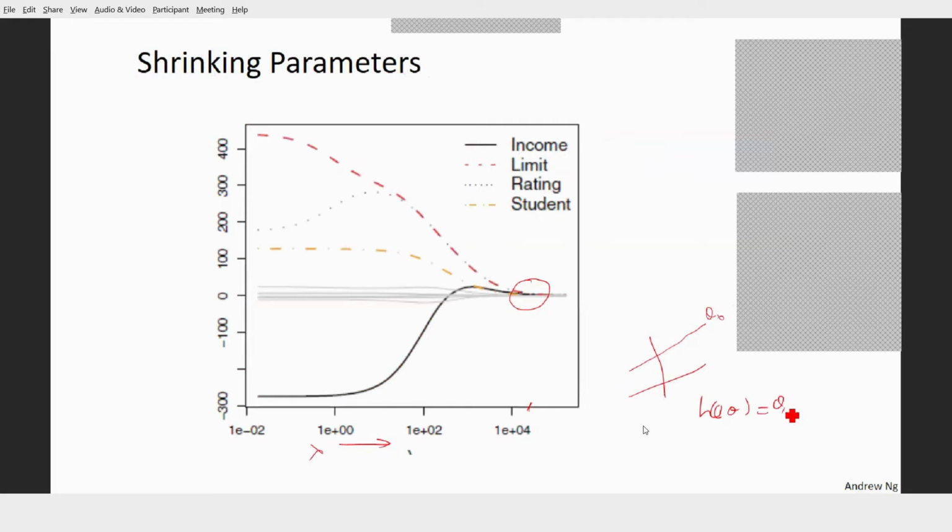Your h theta is equal to theta 0 plus theta 1x and so on. If all of theta 1, theta 2, theta 3 are reduced to 0, no matter what x input you give, you will always receive only one value, which is theta 0. Do you get me? All of you? Do you understand what I'm trying to explain?